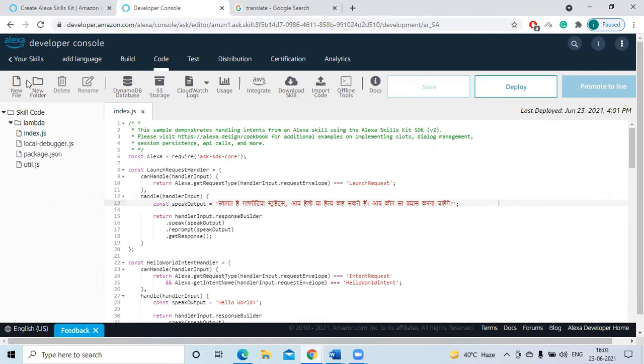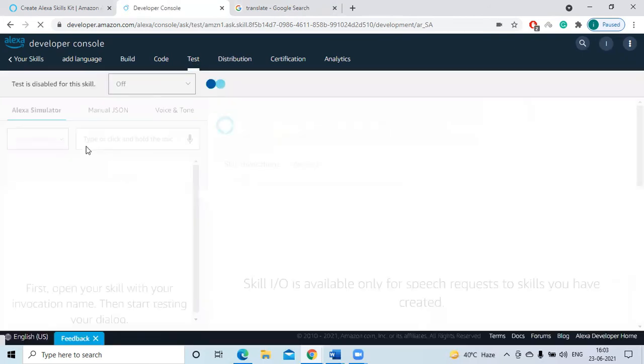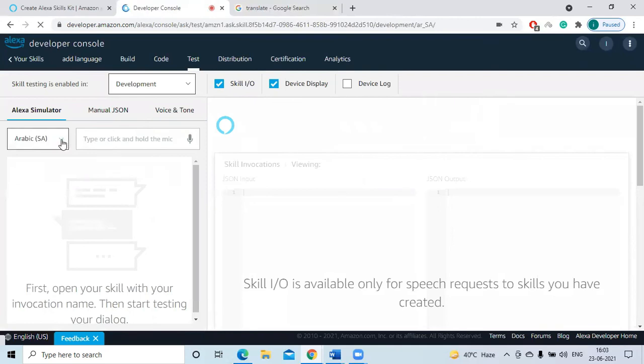Go to test. So now, if I choose Hindi, because in the backend I have changed the English code to Hindi.